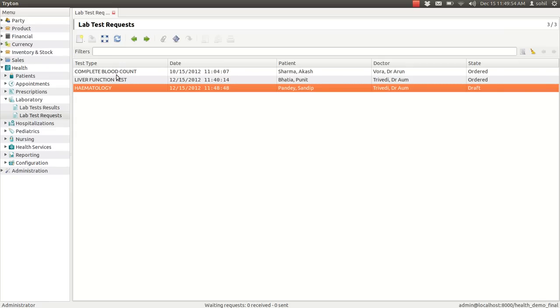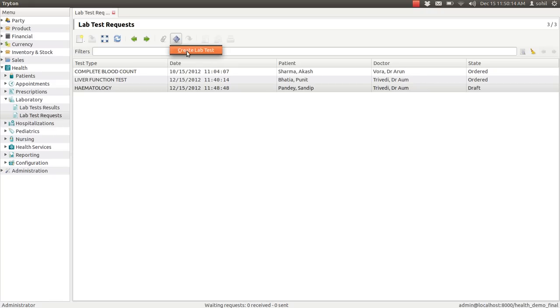But right now the test is not started. Now to start the test, you can open the form view or you can remain on this list view, and here you can see this button, launch action. When you click this, there is a create lab test option shown.